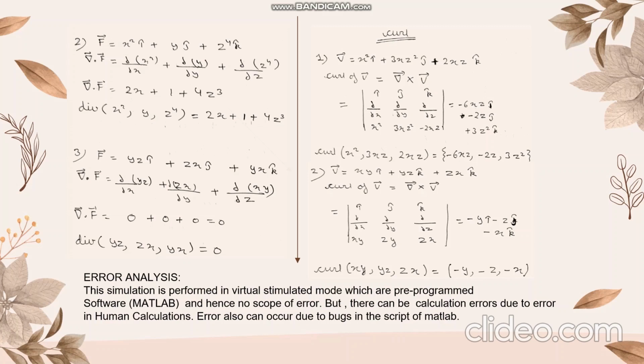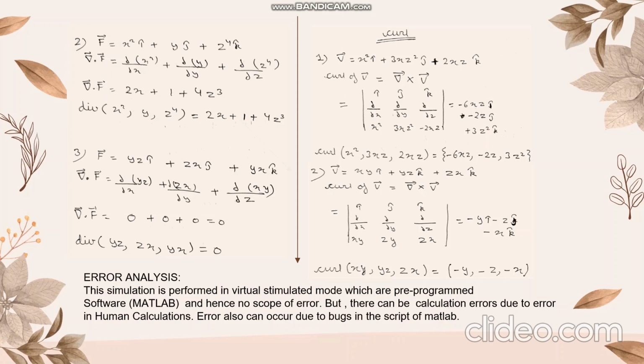In the third question, we will see that the vector is F equals yz i cap plus zx j cap plus yx k cap. Interestingly, we can find here that the scalar of i cap does not contain any quantity related to x, similarly with the scalar of j cap, and similarly with the scalar of k cap. So if we go to find the partial derivative, it will treat them as constants. Then the answer is 0, because differentiation of a constant is 0. So the divergence of this vector is 0.